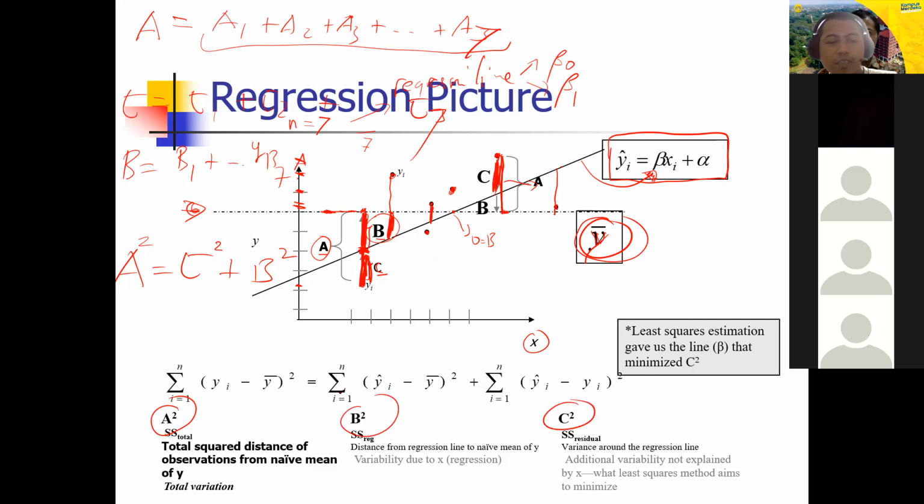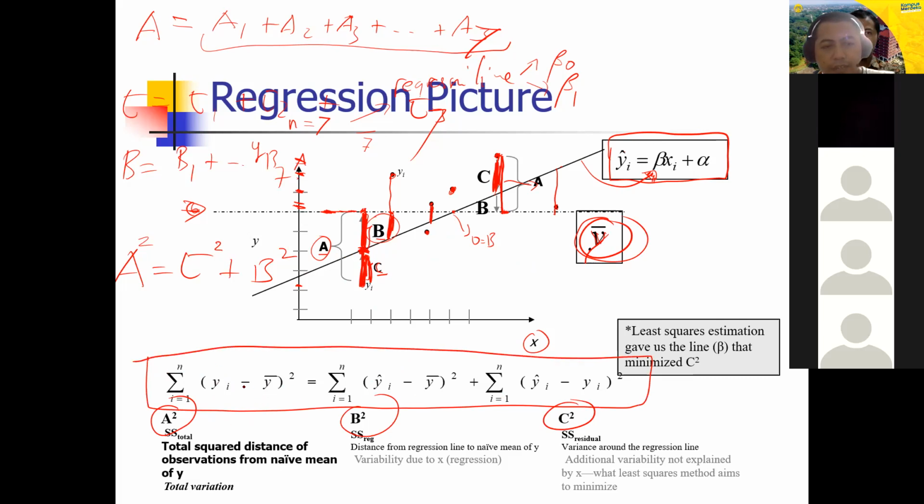Maka secara rumusan, we can express using formal formulations. We can arrive at this component. If you look at this one, this is each of the data. This is the average of Y. And then this is the predictor. And this is the average of Y. This is the predictor. And this is the data. You can see here. Yeah, please take a look. And if you have any question, please ask me.